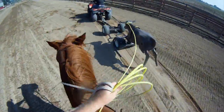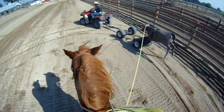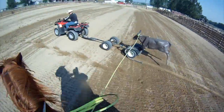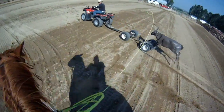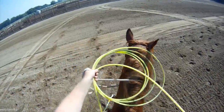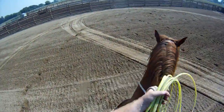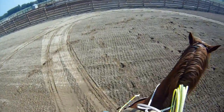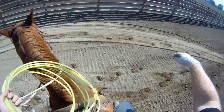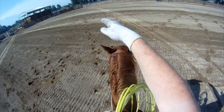We rope, we dally, we keep riding our horse, we soften this corner right here, we soften it so that steer is going to be catchable for our heeler right there. Okay, now if we go back down and we look here, if we go back over here and look at the difference, this steer's running right, and the first time we put a big sharp cut on him and took him right back up the pen